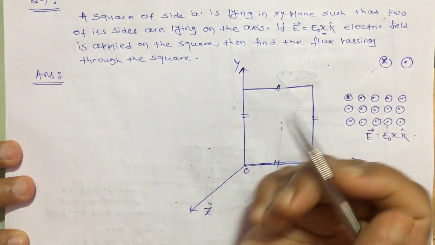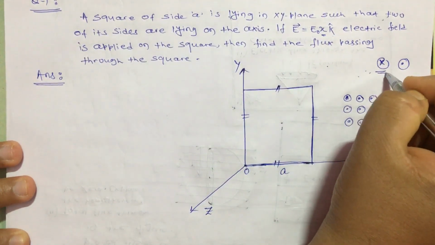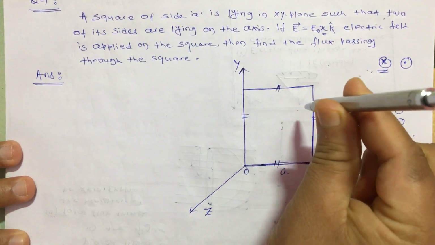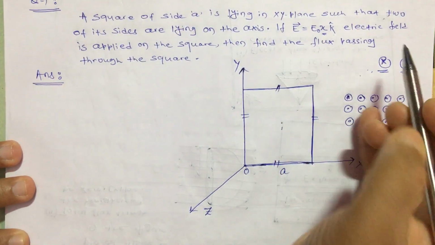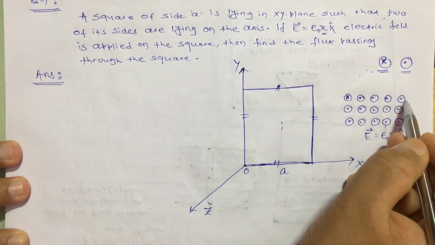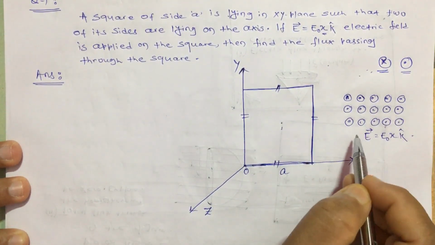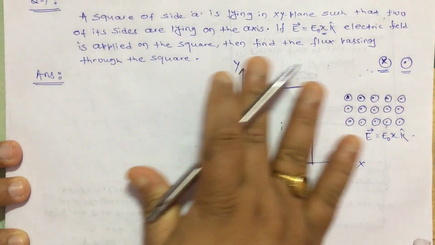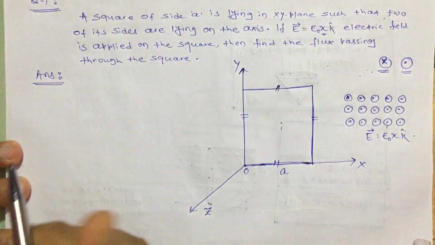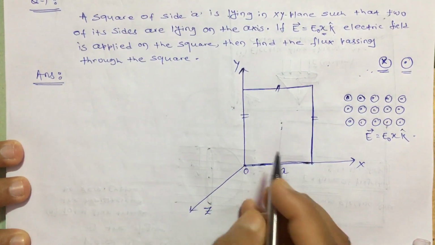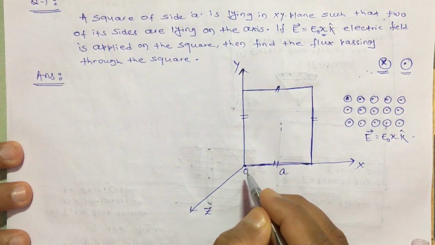And remember these two symbols: this symbol represents any line or any vector moving inward to the paper, and this symbol represents any vector coming outward to the paper. Okay, so here I have shown this electric field like this. The electric field is not actually only here, I am just giving the symbol here, the electric field is everywhere. Okay, but it is not a uniform one. So first let me explain what I mean by not a uniform one.